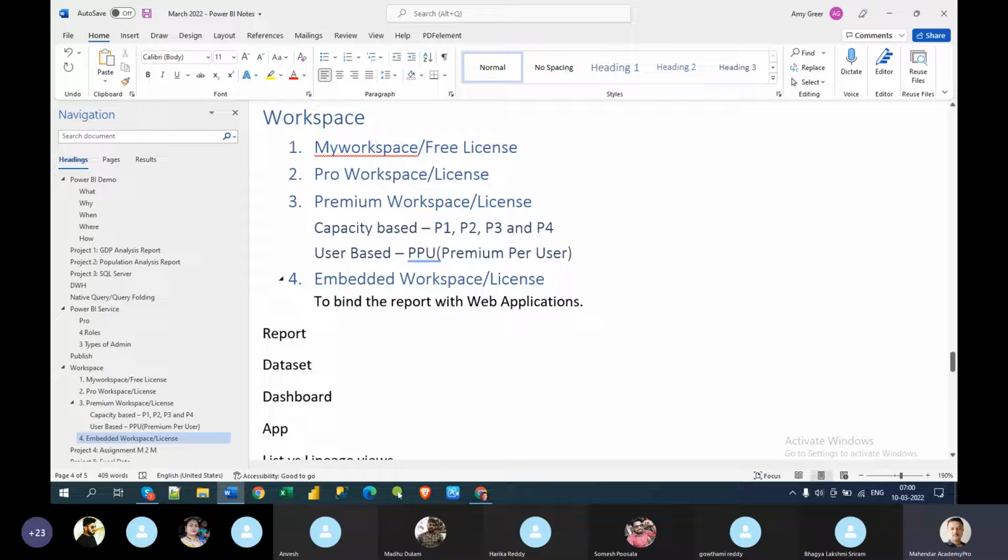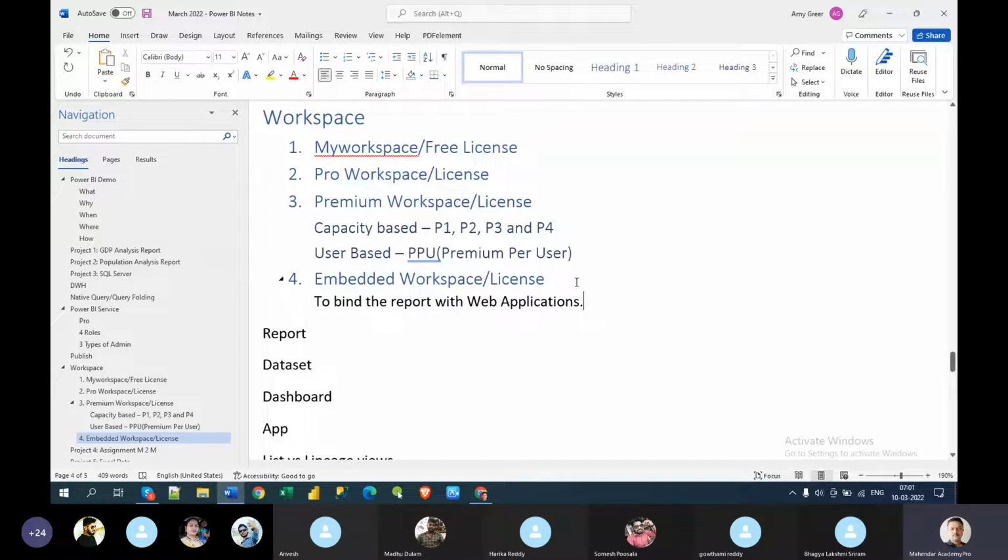They can directly insert these reports into their web applications using .NET, ASP.NET or whatever it is. So instead of app.powerbi.com, you can insert these reports into an intranet or internet. It's called the embedded purpose. That license is specifically meant for that.